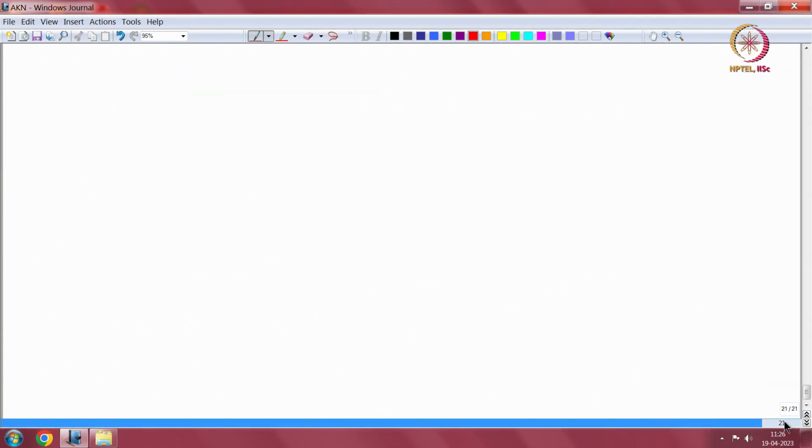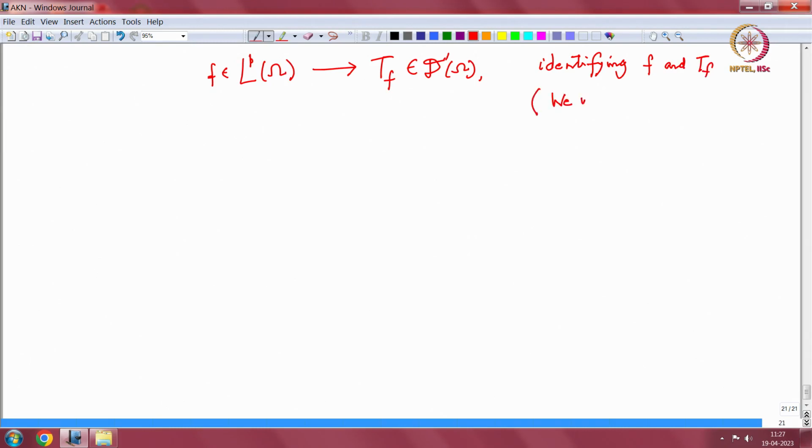With that weak star topology, now look at this f in L^p of omega. You are associating with it a T_f in D prime. In other words, this is a kind of identity mapping, because we are identifying f and T_f, and eventually we will not distinguish f and T_f. Right now I am distinguishing because you are studying it for the first time. So, when I say f, you also view it as the map T_f. This is a kind of identity mapping from L^p to D prime of omega,